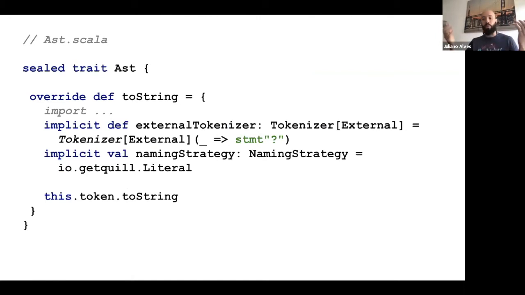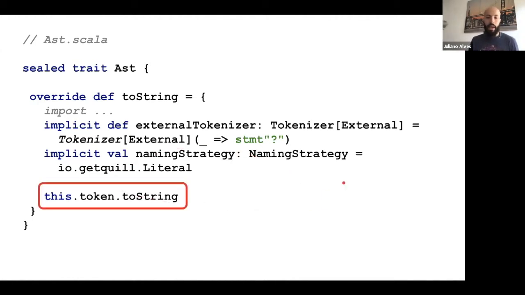So that's the reason why we're talking about tokens. Why is that important? Because that's the way that we can work out results of that AST. As you can see here, every single AST has a token. The trait AST is on the top of the hierarchy, so by definition every single one of them has a token that will be used to generate a different outcome later on. And how do we do that?